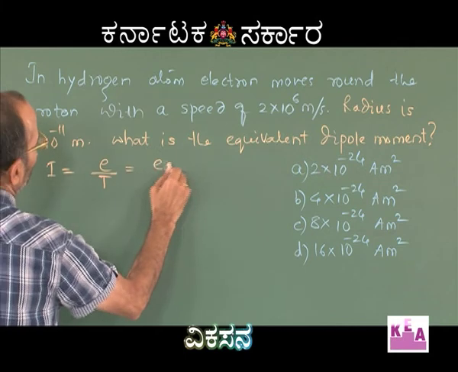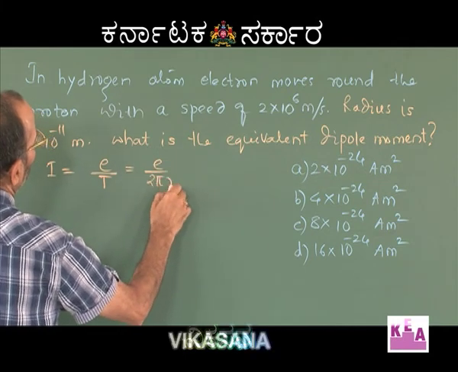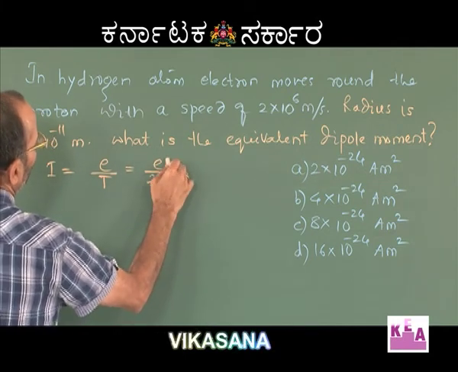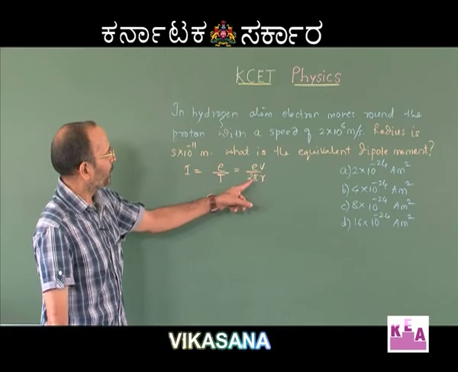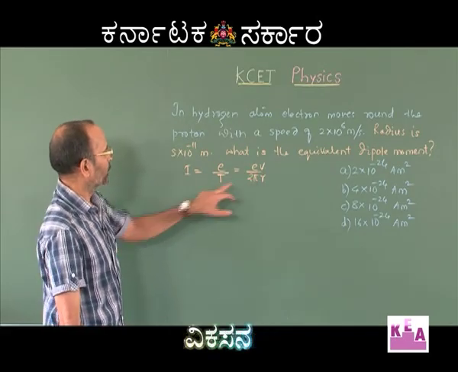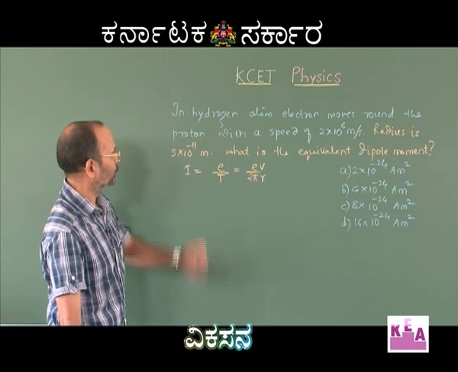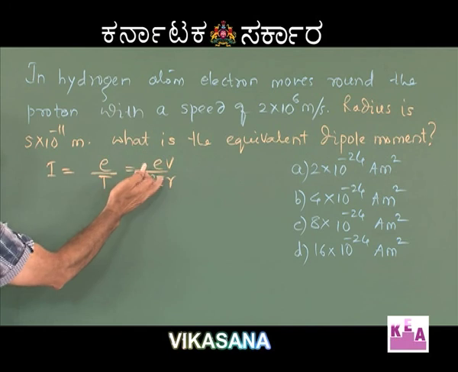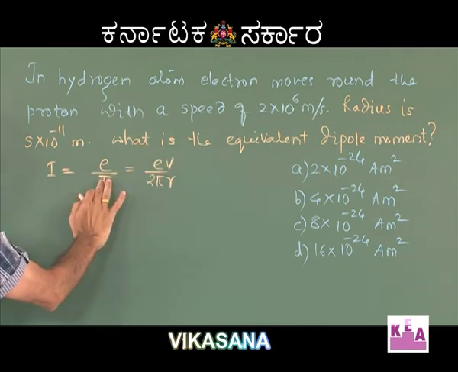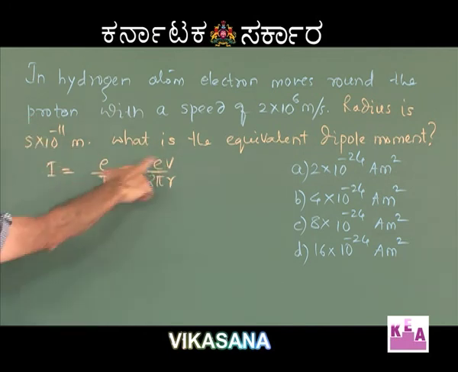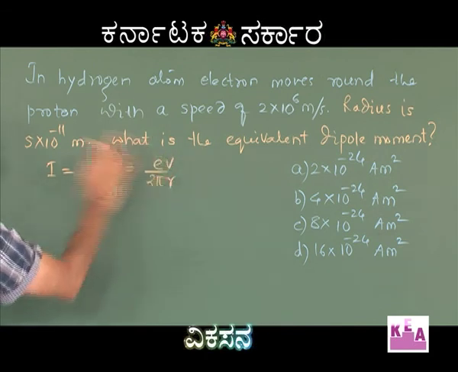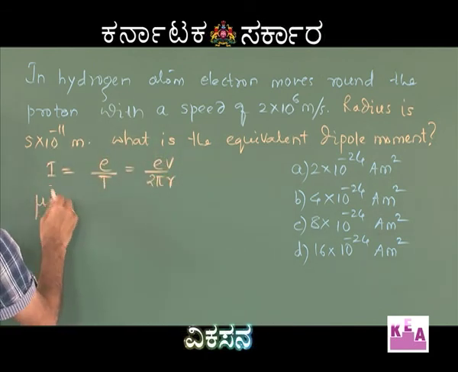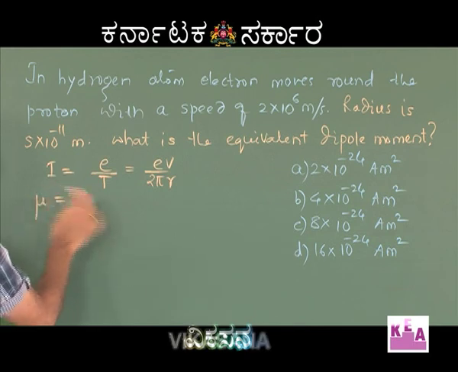That can be written as E divided by 2 pi r by V. So, EV divided by 2 pi r, where 2 pi r is the circumference of the circular orbit and V is the speed with which the electron is going round. So, 2 pi r by V would give you the time it has taken to go round once. So, EV divided by 2 pi r will constitute the current, and therefore, the magnetic moment mu is given by